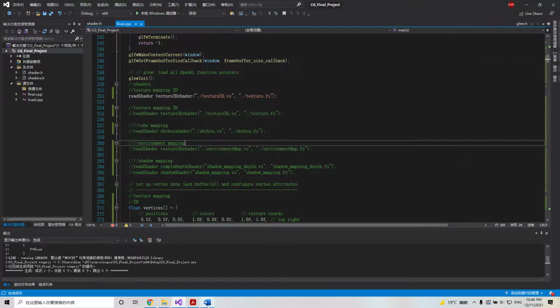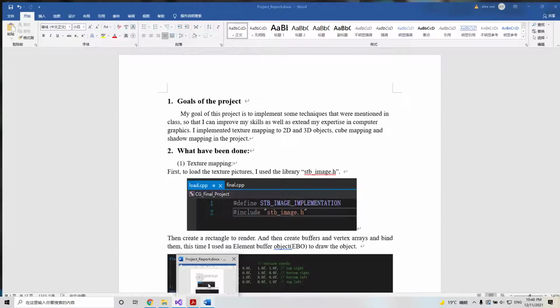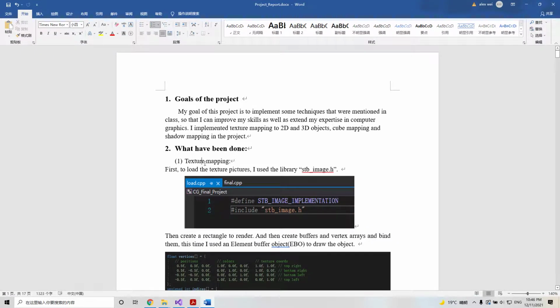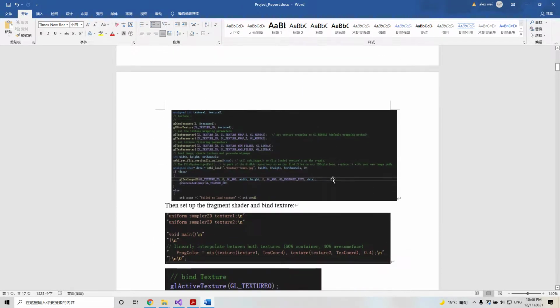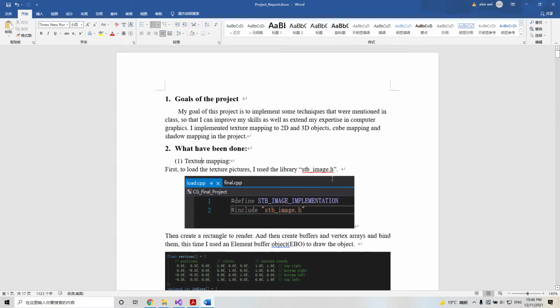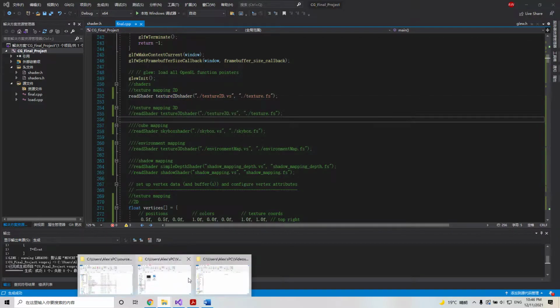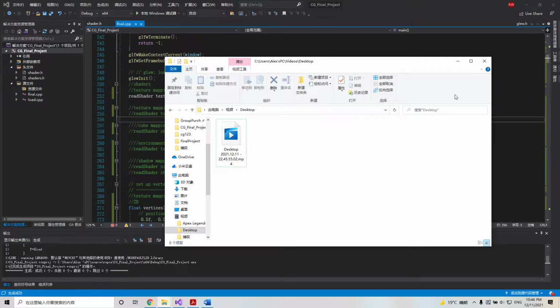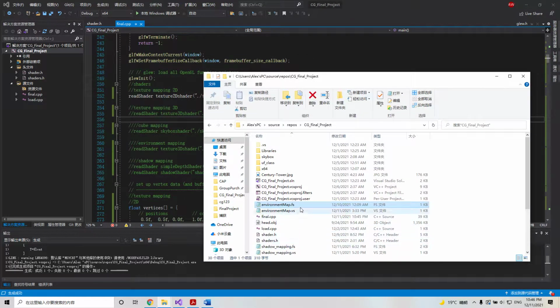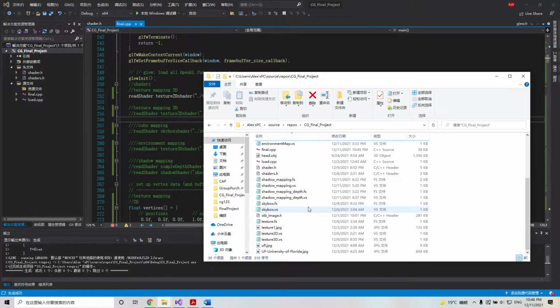Basically, what I've done for this project consists of two parts: texture mapping, and cube mapping, environment mapping, and shadow mapping. For the texture mapping part, texture mapping consists of two parts. The first part is to map to a 2D object, and the second part is to map to a 3D object. For the first part of texture mapping,